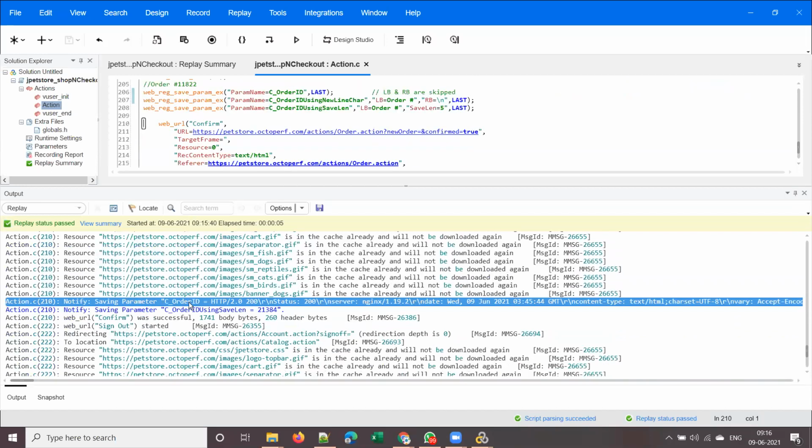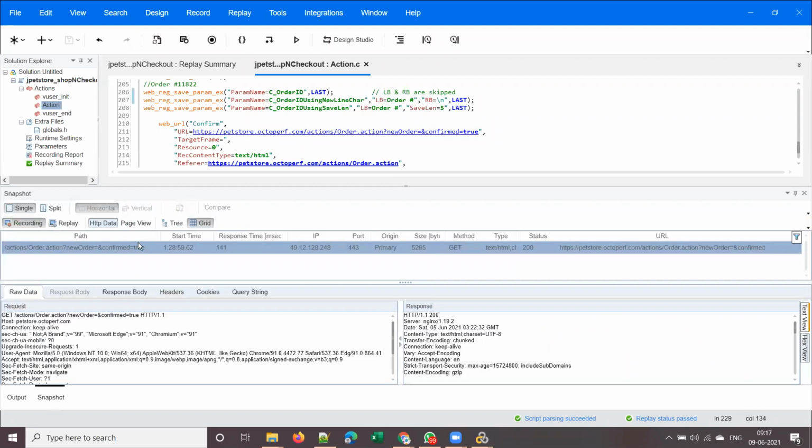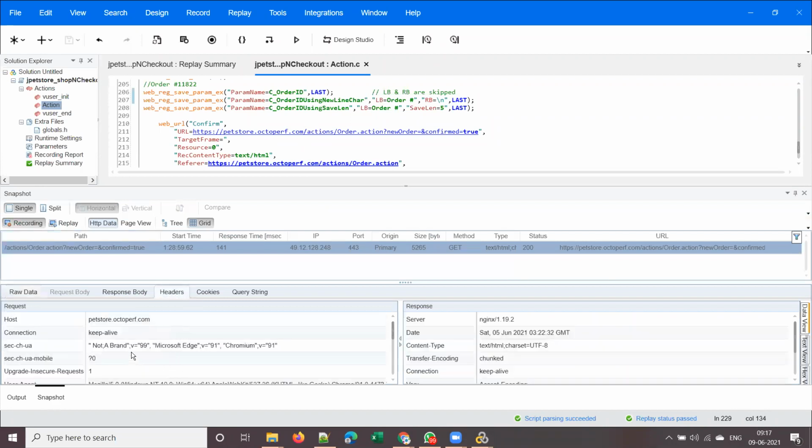Yes, so let's understand this example. This is the output of which function? Which line? Line 6, where we skipped the left and right boundary, right? So what happened here? See here, HTTP 2.0. What are these? These are nothing but your response headers. We can see that in the headers. You can go to the headers and see, right?